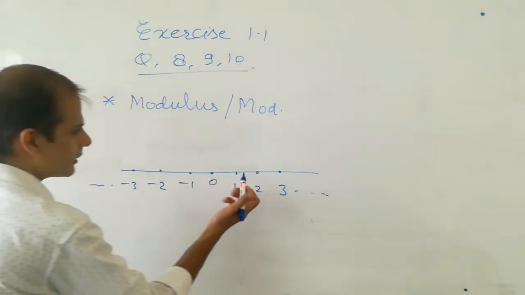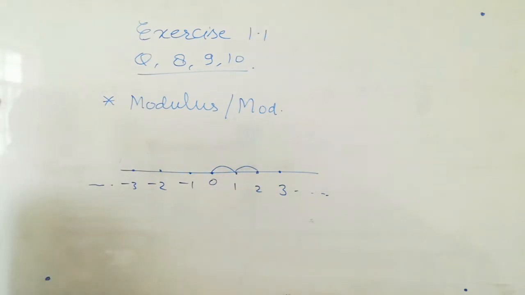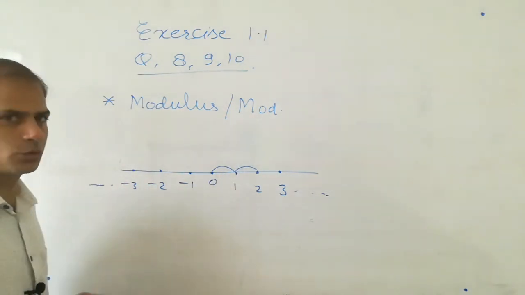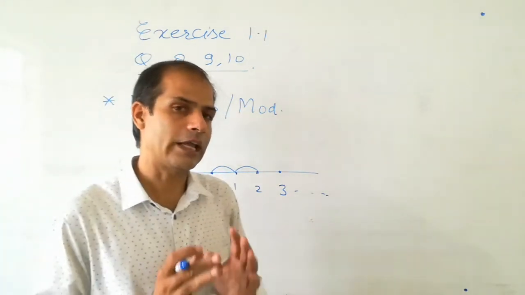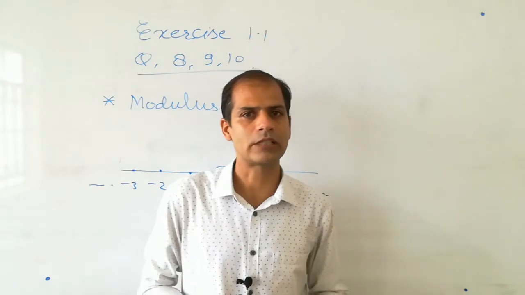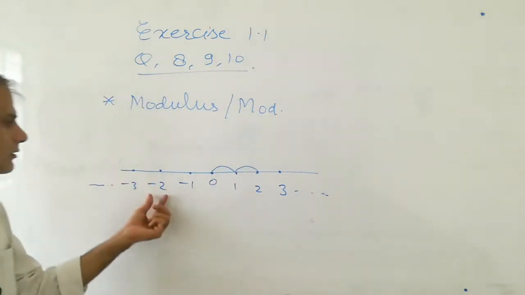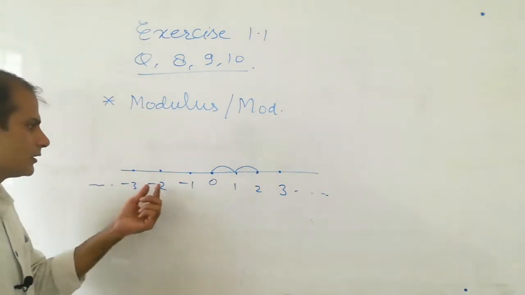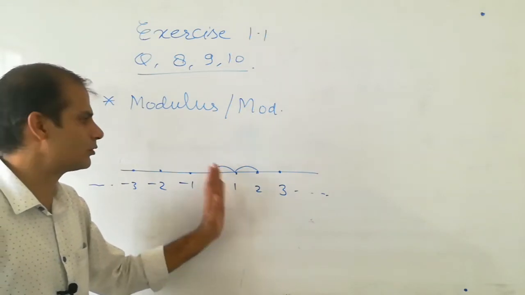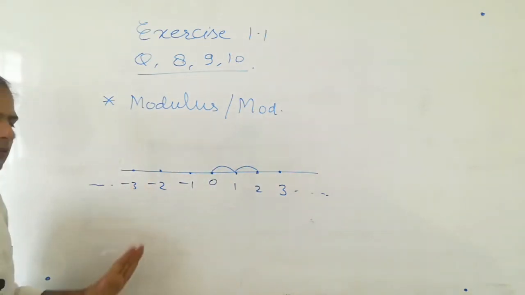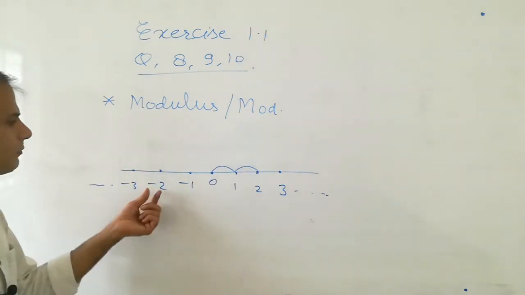Means what is the distance of 2 from 0? 1 and 2, so 2 units. Then if there is -2, this -2 is only the direction, means the negative sign tells the direction, not the magnitude of that number. मीन्स ये इस नंबर का मैग्नीट्यूड नहीं है. ओके, ये सिर्फ डायरेक्शन को शो करता है. As +2 means the number which lies on the right side of 0, -2 means a number which lies on the left of 0. So modulus means the distance of that number.